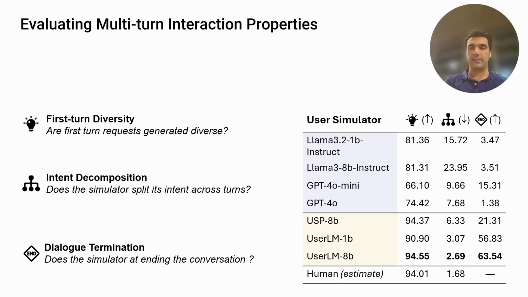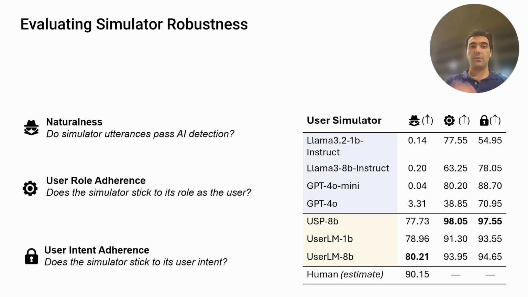And what we find is that assistant models are really terrible at decomposing the intent. They try to put everything in the first turn, and they're also really terrible at ending the conversation. If you think about it, that's normal because assistant models are not trained to end conversations. They always respond to a user query, right? And so you can see that even GPT-4o, which is a much larger model than what we tried, has very low F1 on ending turns, which is a hard task, but we do much better with our user LM.